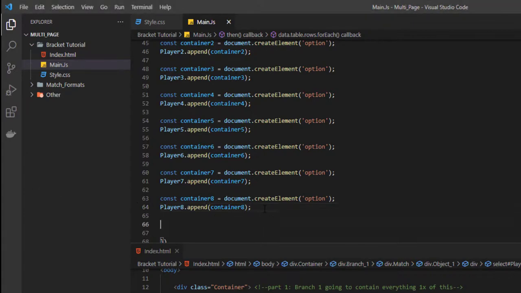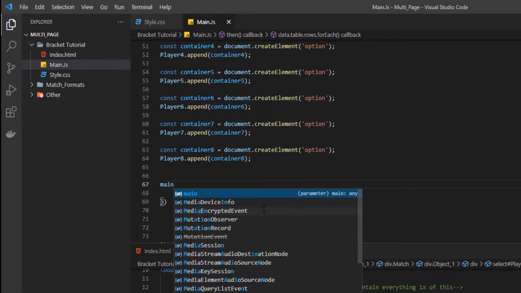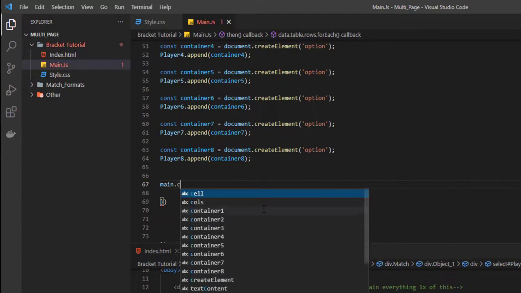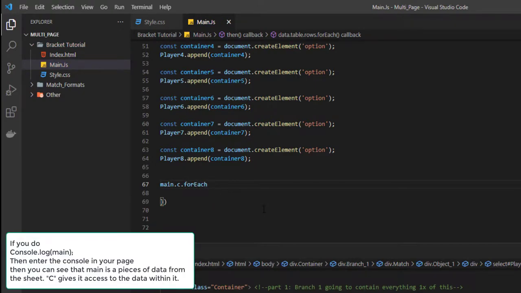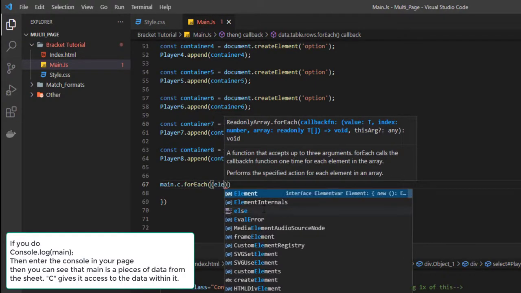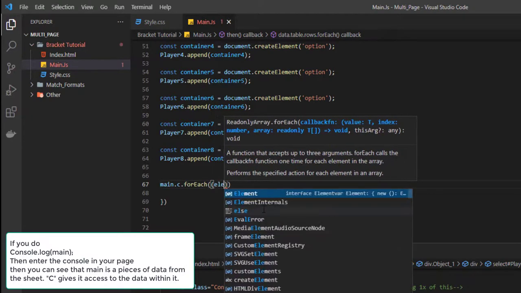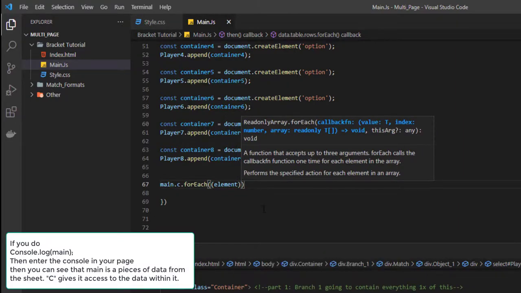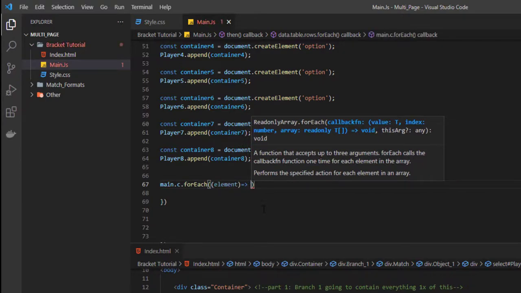Alright, next up we're going to start with the next one. Next loop. It's going to be main.c. I can explain what C is later. forEach, and it's going to be element in here. Actually, not that element. It's going to be met like this. Then you're going to have the arrow sign,